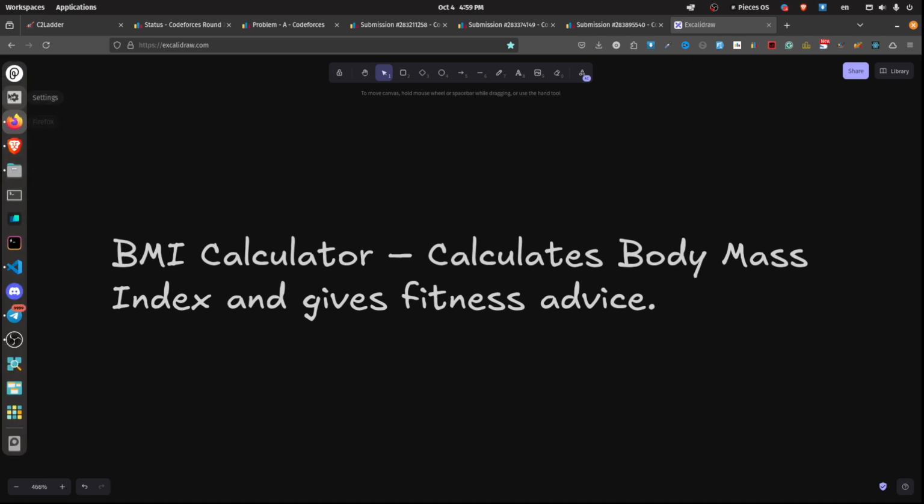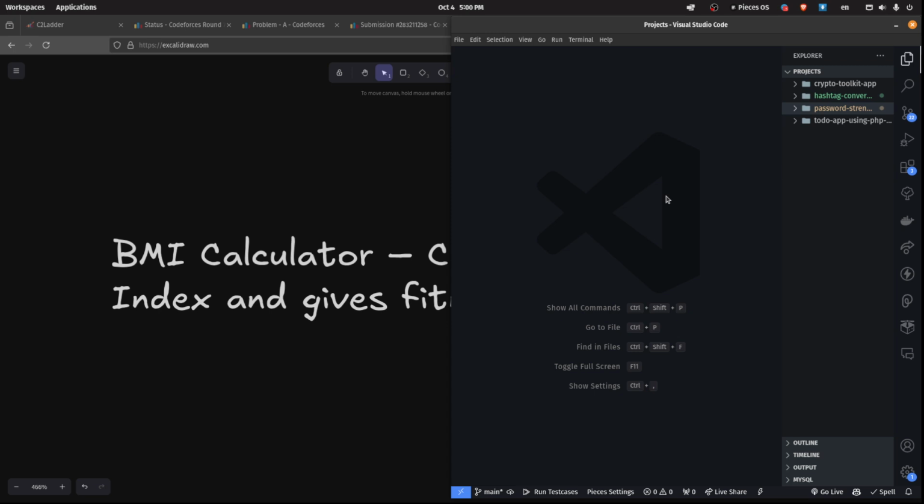I will do this project using Pieces for Developers, and I hope you already know about it. If you don't, no problem. I will show you how to use it and how you can do any project using Pieces for Developers in a short period of time. So let's get started. At first, open my VS Code and create a new project called BMI